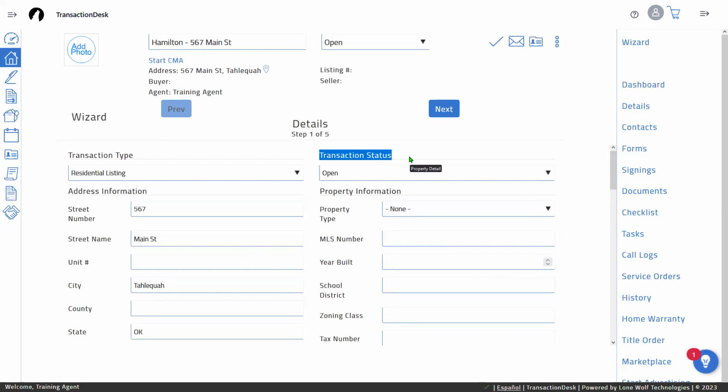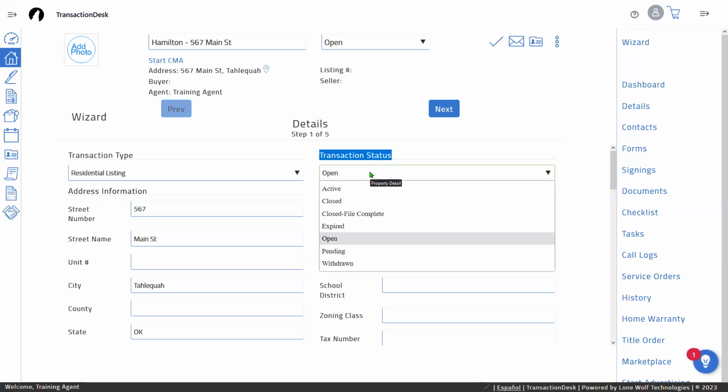This transaction status is actually being mirrored up at the top here. This is something that we can go back and change at will, pretty much no matter what category we happen to be in. This header that we see up here at the top will kind of drift with us. But the transaction status that we're seeing here is going to be something a little different than what we're seeing in other systems that we give you guys access to. You'll notice a lot of the familiar options like active, closed, expired, pending, withdrawn,